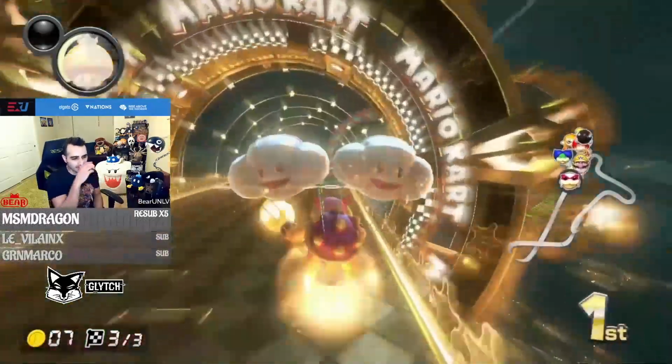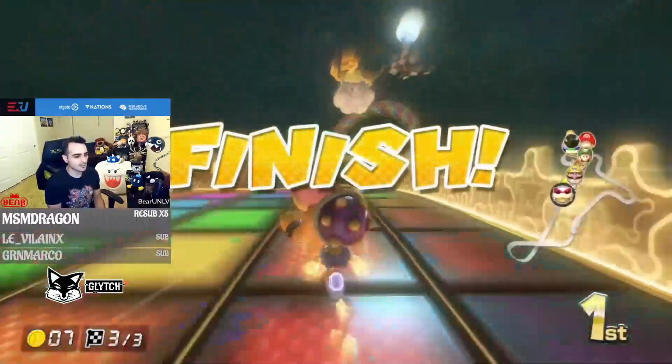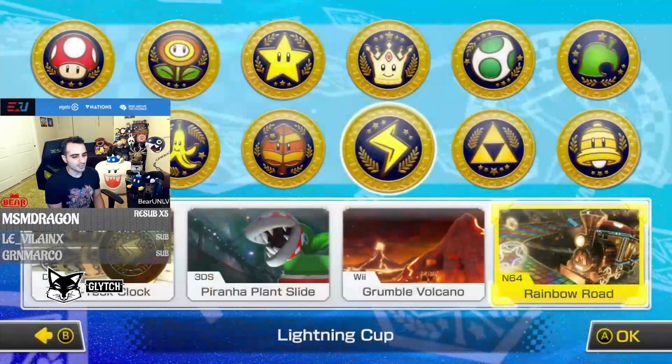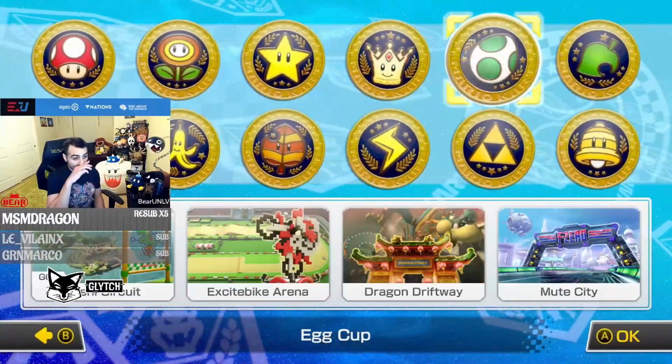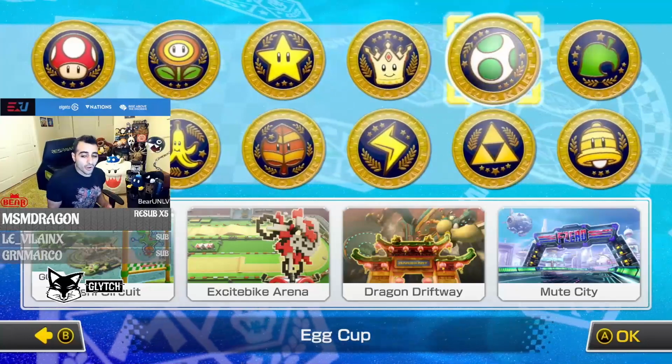So I think in general, it's cool. I like it. It's not the best thing in the world, but, you know, it's what you can do. It's Rainbow Road N64, not the best thing. All right. And we're going to go to Egg Cup,